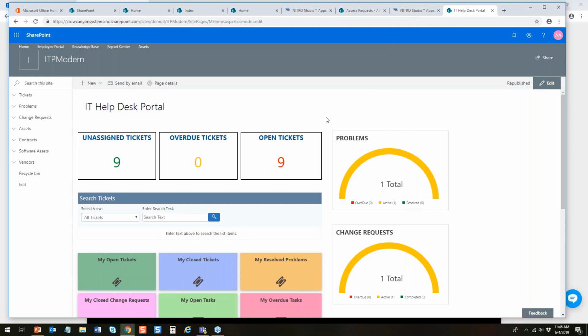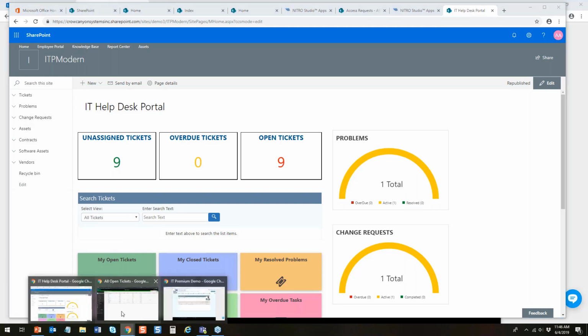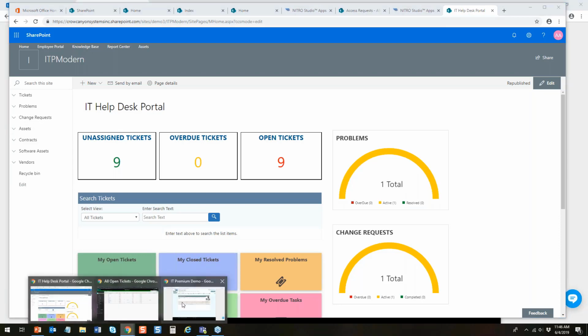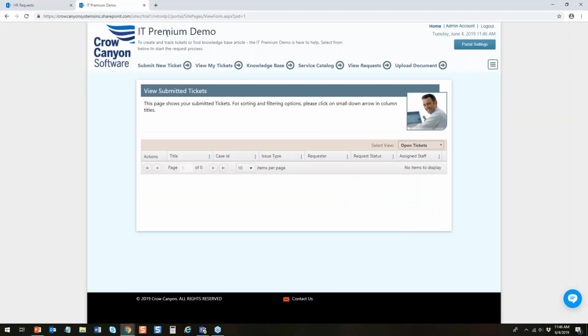And these portals are so flexible in terms of how they look with your own branding and your own colors and everything that we have a lot of fun designing these. So please contact us and we'll talk to you about how to do a modern UI portal or even the classic portals that I was showing earlier, and just make it so it's easy for users to engage with the system and get their work done